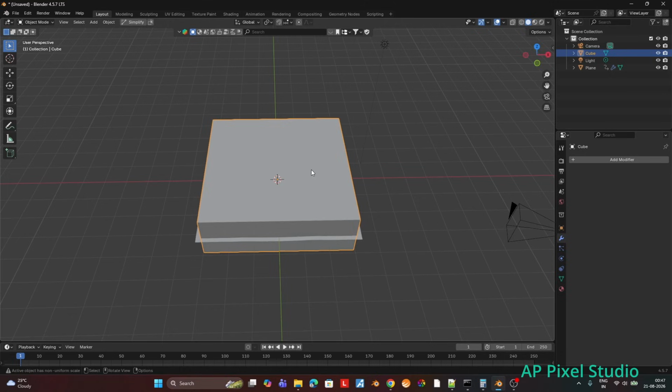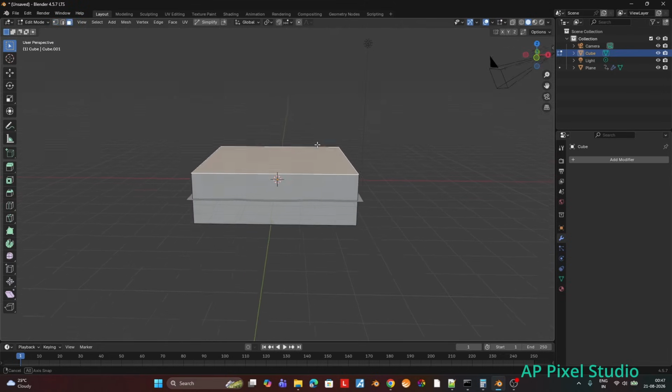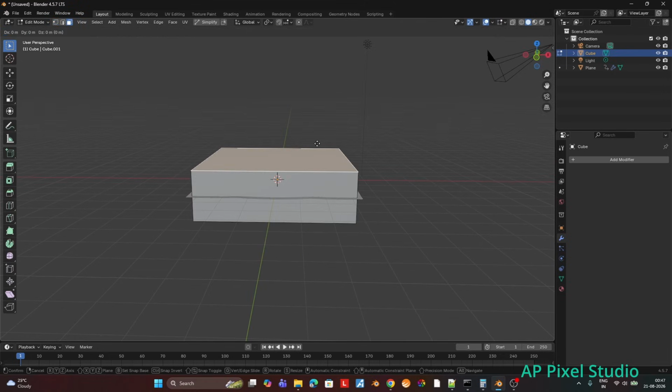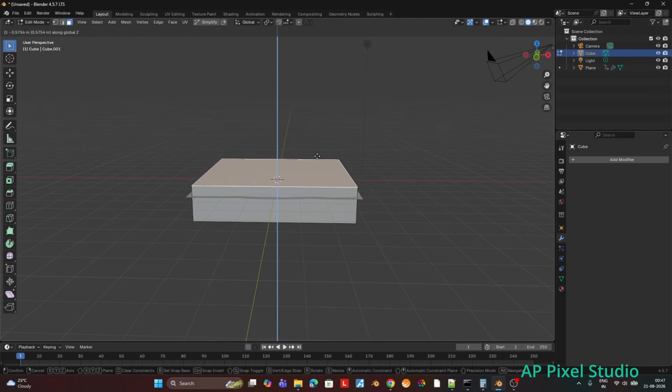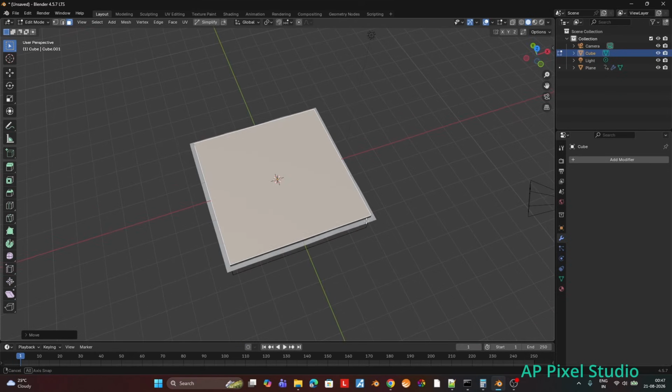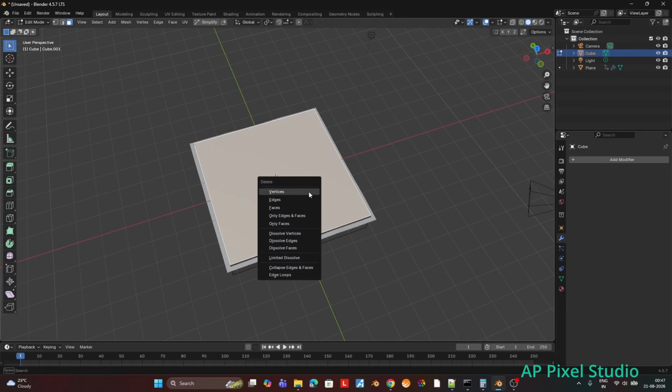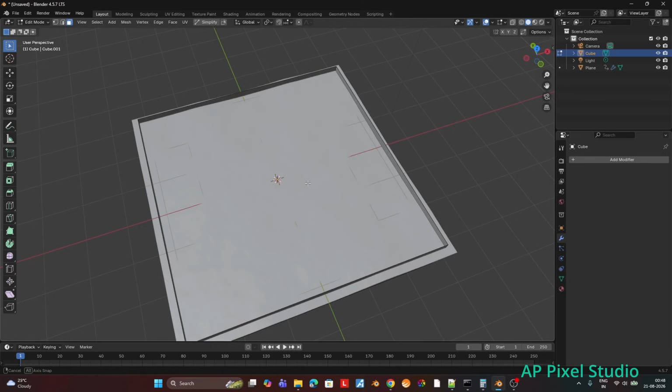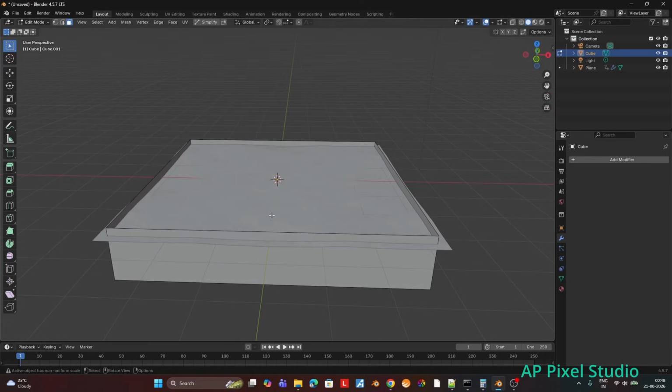Now we will go to edit mode, select the top face, and move it down a little bit. So after the water, we see there is only a little area left for the swimming pool. Then we will delete the face because we need the water to be displayed, not the face.